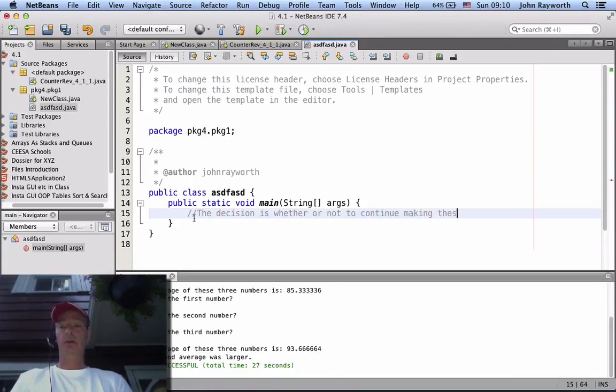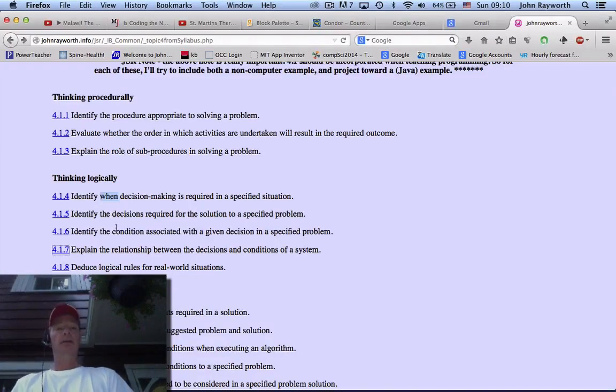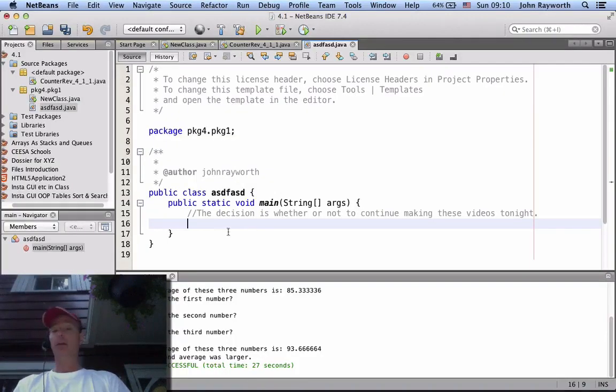Making tonight. That decision is based upon conditions, a bunch of them in fact. So now we're about to jump to 4.1.6, identify the conditions associated with this decision. Well, for sure, number one, so the conditions